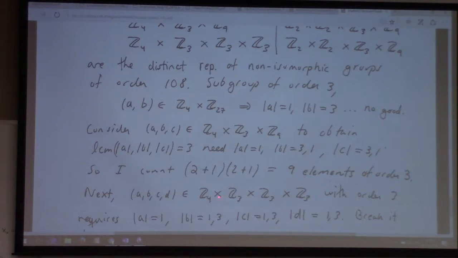But in this one, Z4, Z3, Z3, Z3, you watch. I have ignored this error up here in my analysis down here. I didn't even see it, like I'm an idiot. Let's see here. So in here, you've got A, B, C, D, and you can have order 1 or 3, order 1 or 3, order 1 or 3. So you got 3 times 3 times,